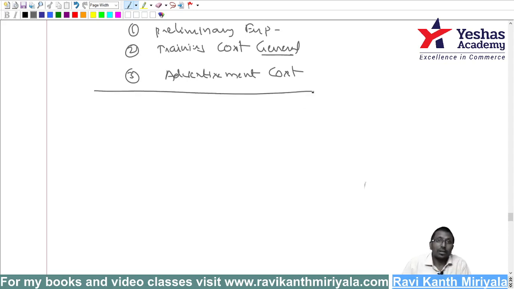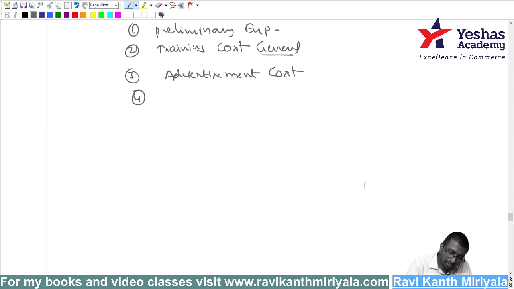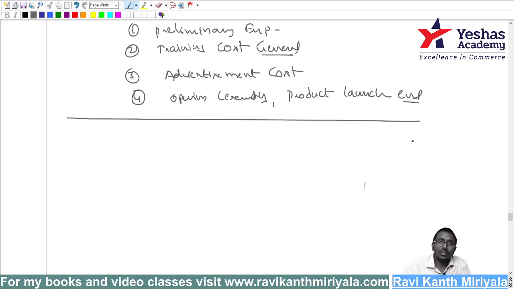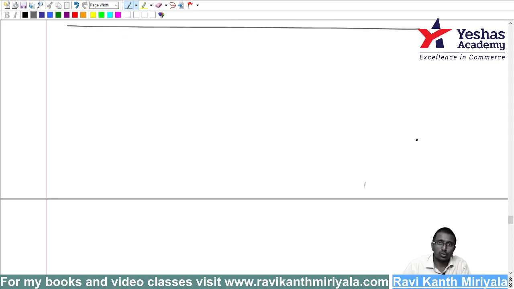Hope you have understood. Okay, next, fourth point. What is the fourth point? Opening ceremony expenses. You are opening some product, or product launch. Product launch expenses, all these things. You are supposed to charge it to P&L. Sir, it is huge money, sir. Doesn't matter, sir. It has to go to P&L, means it has to go to P&L. Got it? This is a small topic. That portion is over.